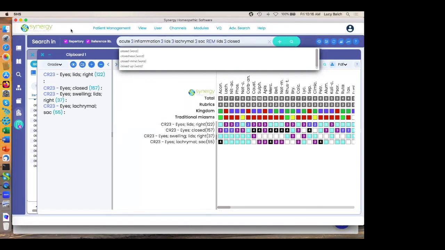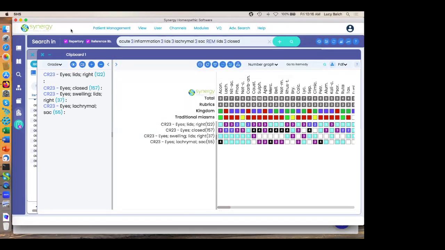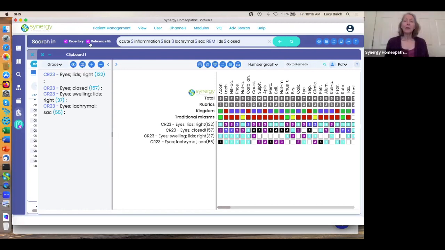One thing, Lucy, that might be worth doing while you're there is taking those rubrics on that clipboard into elimination and looking at the graph, say, with the eye swelling, lids right, 37 remedies, saying that you want that to be there. You could do that. So if I wanted to choose the swelling of the lids, maybe with the lacrimal sac, if I did those 2, just to see what common remedies are in those 2,